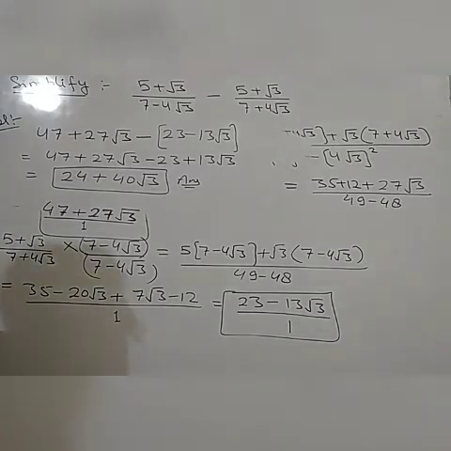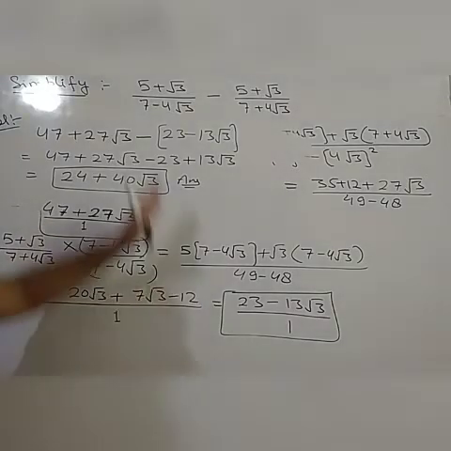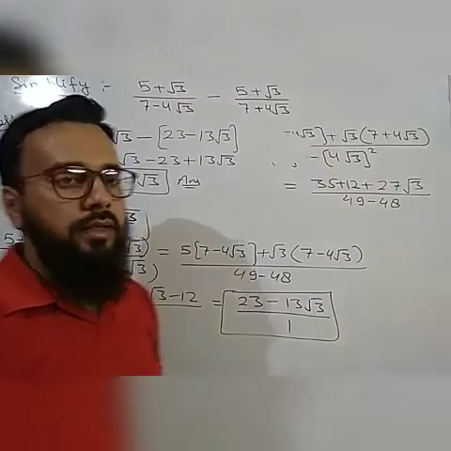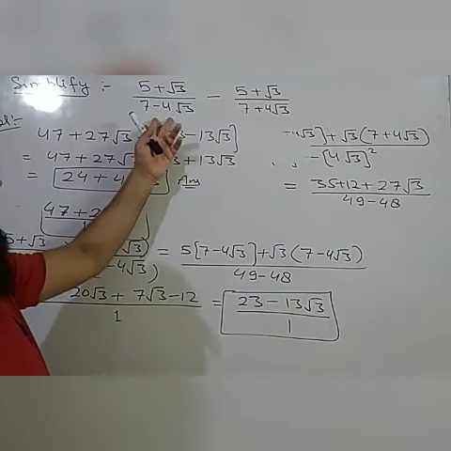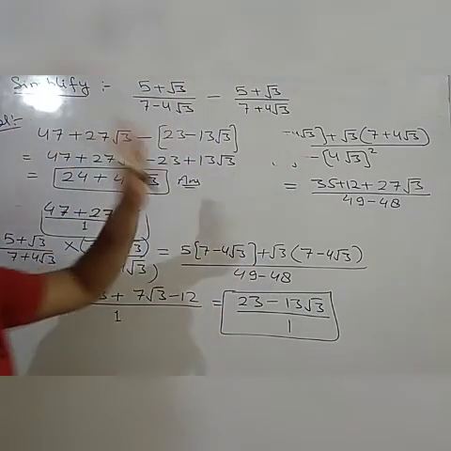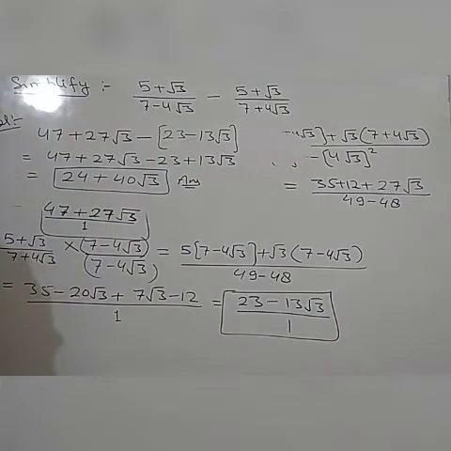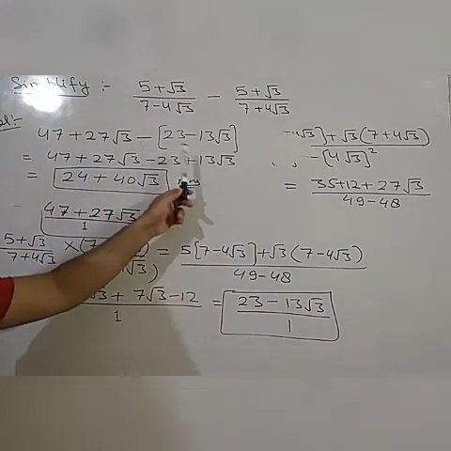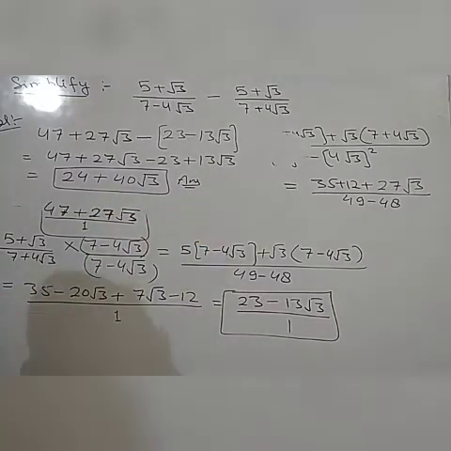Okay. So in this way, whenever you are given two or more than two fractions and the denominators are irrational, then first you have to rationalize separate terms and then put these values in the given fraction. You will get the right answer. You have to remember one thing, you have to use proper sign, proper bracket, so that there is no mistake in your question. Okay, note it down.